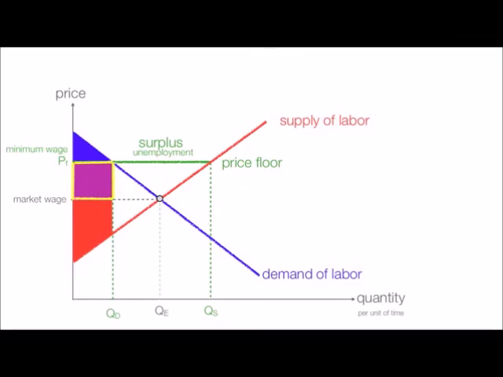So workers who still have jobs are better off. Now you're wondering what happens to the workers that lost their jobs. Businesses used to have benefit. Now they don't because they don't employ those workers, and that's a deadweight loss to society measured by that first gray triangle. The red triangle, I'll make that gray as well. These are workers who had jobs and now lost jobs. That's also a deadweight loss to society. There's no benefit again. With price floors of minimum wage, society is worse off. But some workers are better off, those